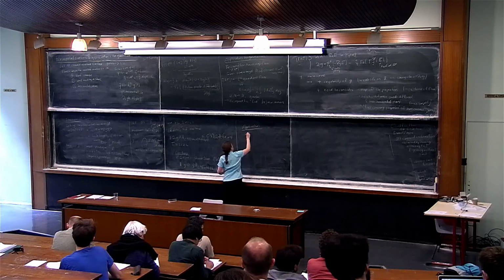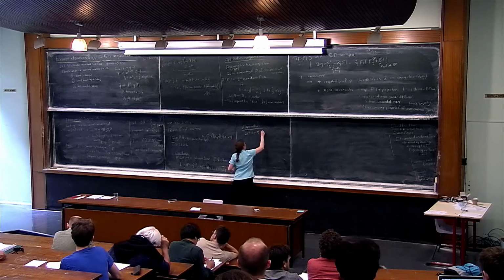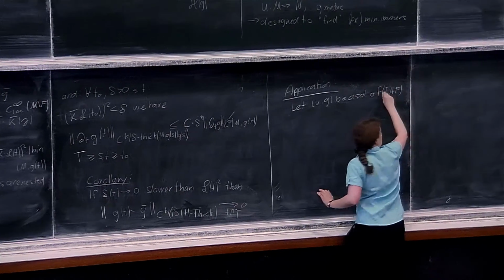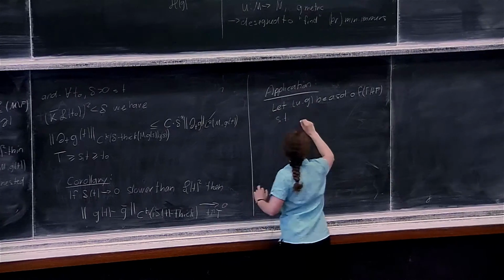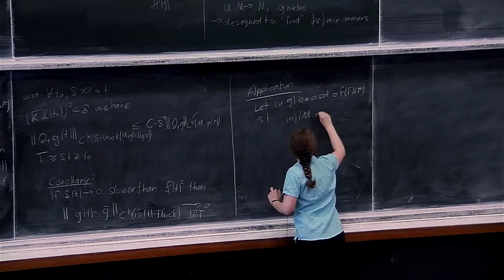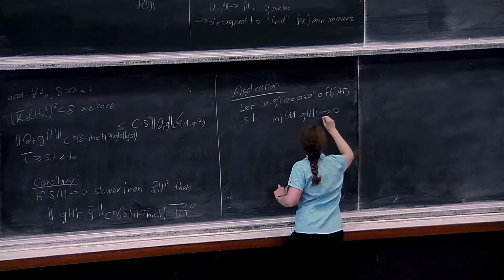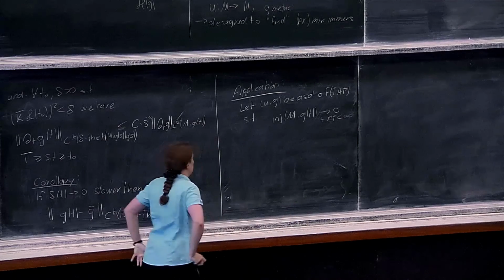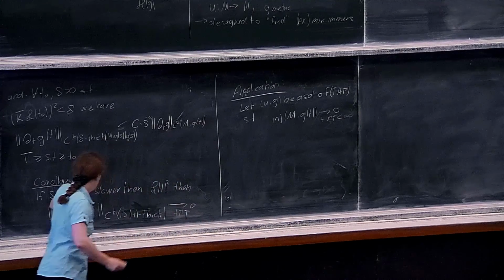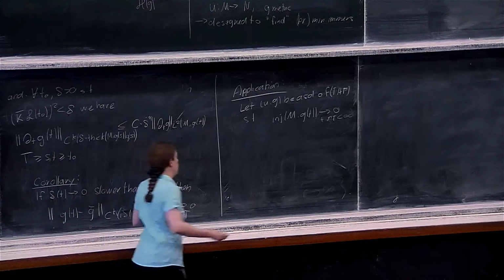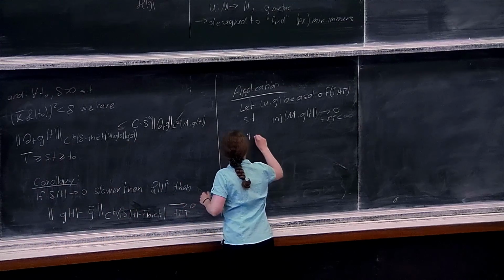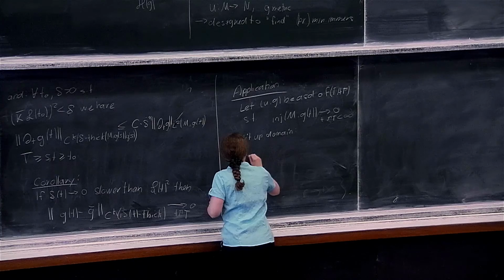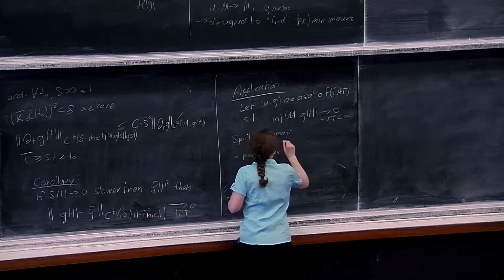So let us assume (u, g) is a solution of the flow such that the injectivity radius of m g of t goes to 0 as t approaches a finite T. Then what can we say? So first of all, what this tells us is that we should split up our domain. We split it up in the part where the metric has settled